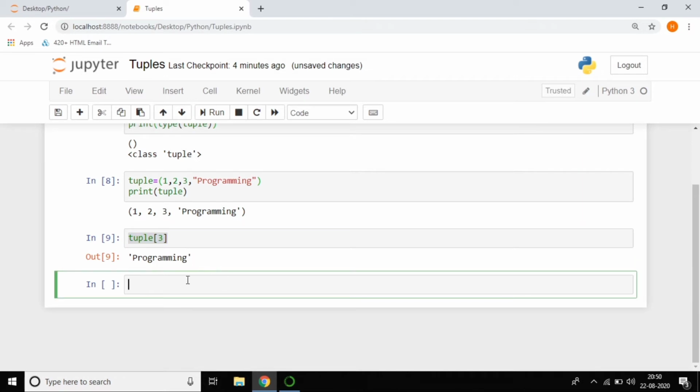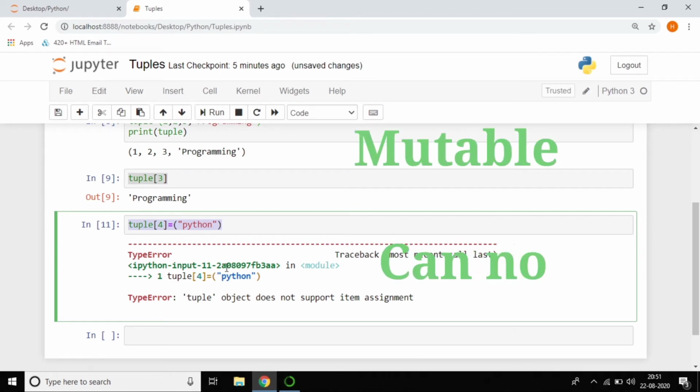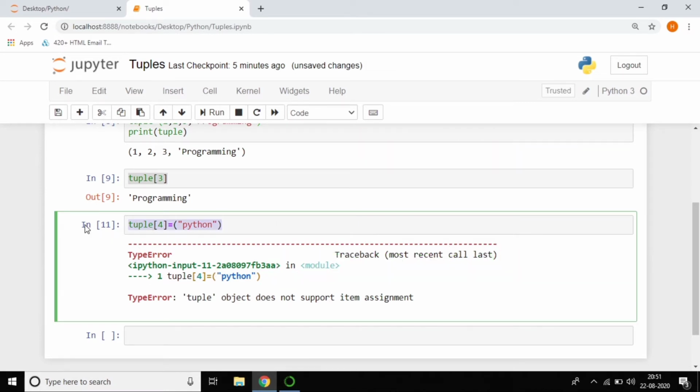If you want to add an item at a particular index in the tuple, for example in the fourth position, I want to add Python. But we can't add an item to a tuple. I already said that once you create a tuple, we can't add an item because it is unchangeable. I already showed that. So yes, of course, if you want to add an item, you need to create a new tuple and add it. So I'll create a new tuple.